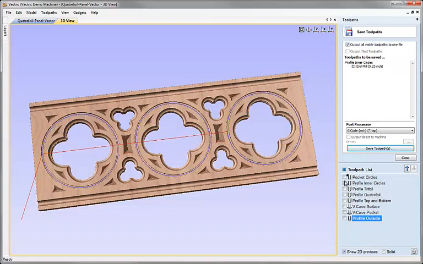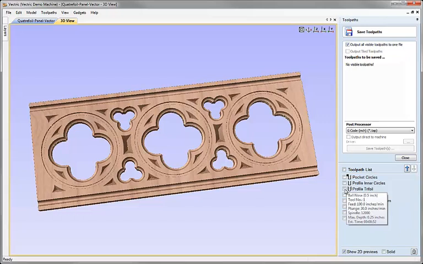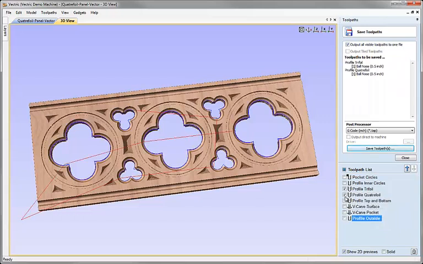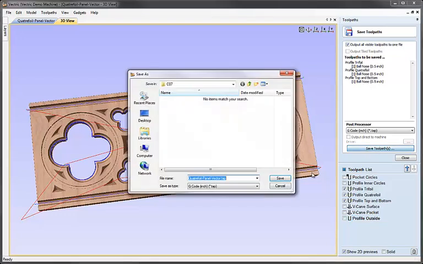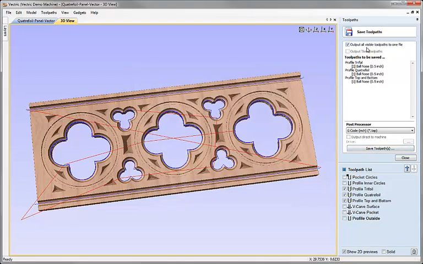To save the next toolpath, I'd uncheck the visibility of those, and then I would carefully check in the order that I wanted them to be run within the single file the next three. So in this case I would click on Profile Trifoil, Profile Quatrefoil, Profile Top and Bottom. Once more, those are then in that order, and when I click Save they'd give me a single file that contained all three of those toolpaths because they're all using the same tool,